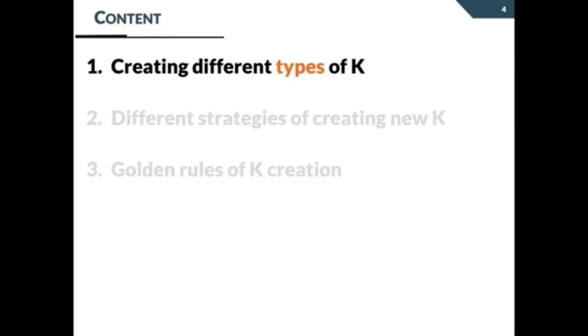Before we talk about how organizations create new knowledge, I think it's important that we make a distinction between different types of knowledge that organizations can create. In the previous sessions, you already learned about a few classifications of knowledge based on individual and collective, or based on tacit and explicit. I would like to offer another taxonomy that is very much discussed in the literature and helps us better distinguish between the different types of knowledge. And I think this distinction is particularly important for knowledge creation.